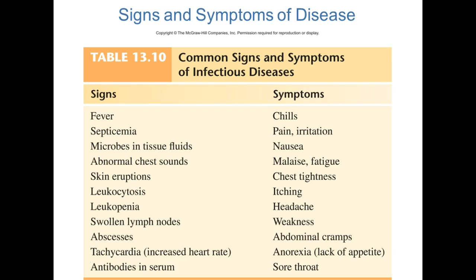Symptoms have to be explained. So shaking, for example, would be a sign, but chills would have to be explained by the person. Pain is usually rated on a scale from 1 to 10. Nausea is a symptom, whereas vomiting is a sign. Malaise, which is fatigue, is a symptom. Chest tightness, itching, headache, weakness, they all can't be measured, so they have to be described by the patient. Anorexia or lack of appetite would be a symptom described by the patient,